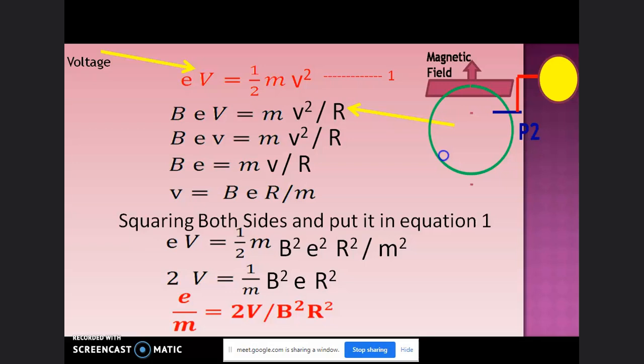Now, e by m depends on what? Applied voltage, applied magnetic field, and the radius of the curvature path that the electron produced. So e by m, that is the charge on the electron divided by mass, depends on V, the voltage applied to the cathode terminal. B is the applied magnetic field, and R is the radius of the